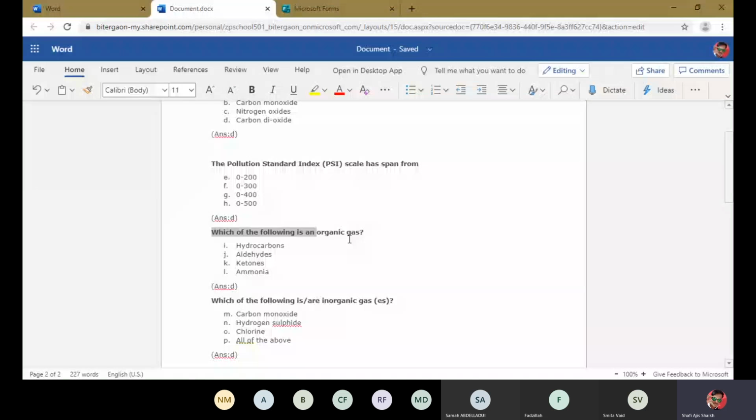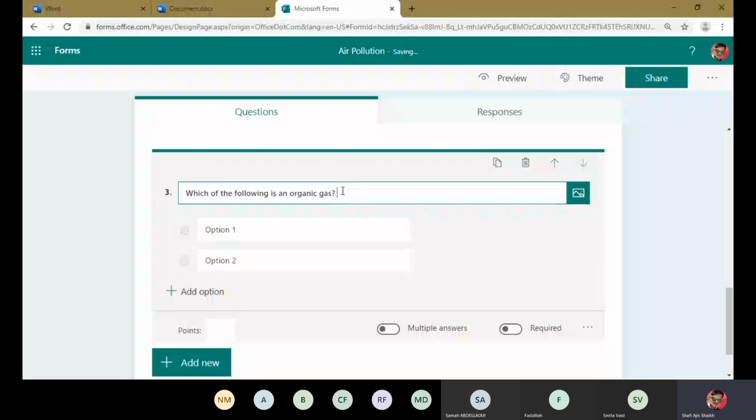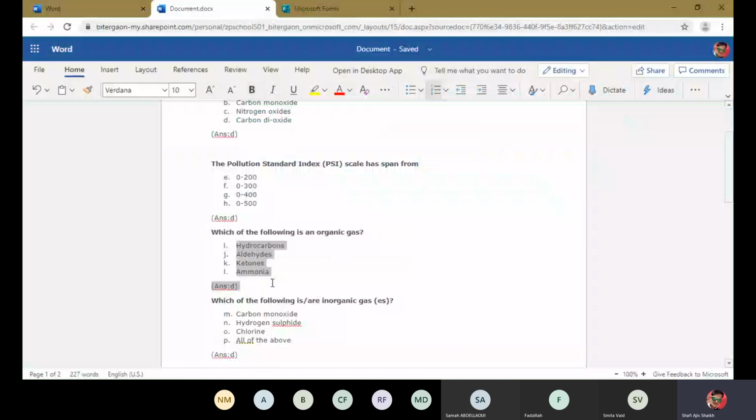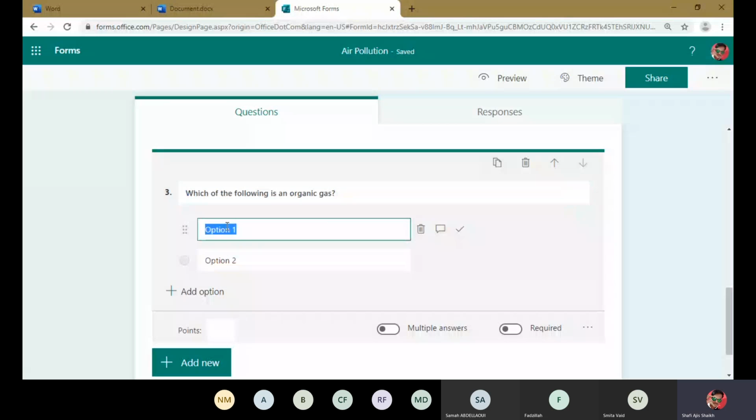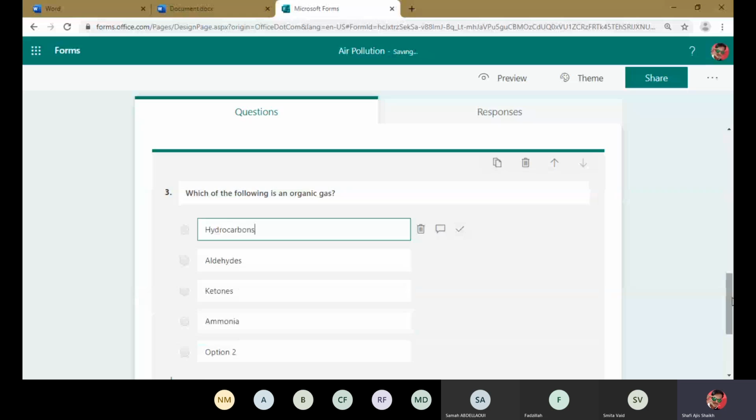Which of the following is an organic gas? Now I will type my options: hydrocarbons, aldehydes, ketones, and ammonia. I have copied them, and I will insert them here in options with Control B. It is a very interesting thing that when we enter the copied options,